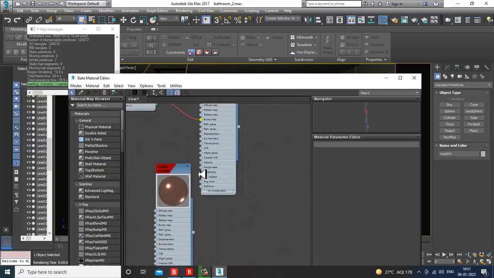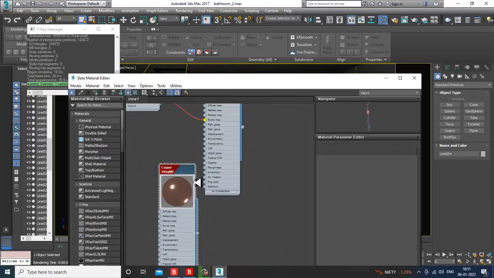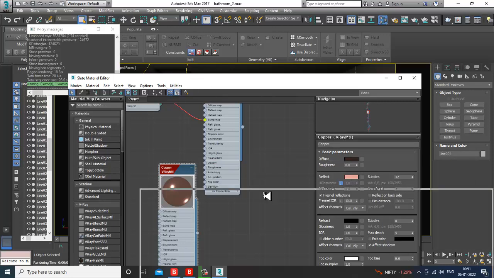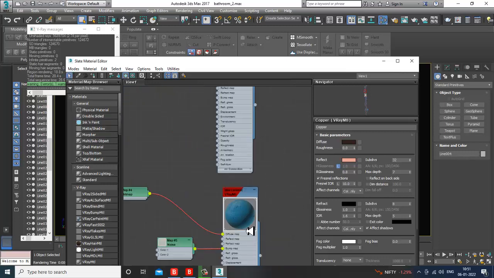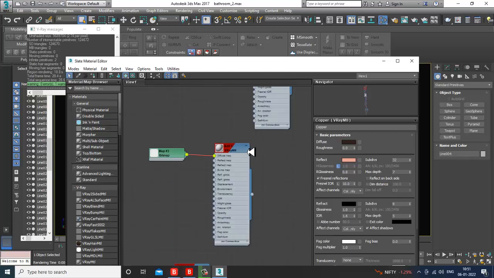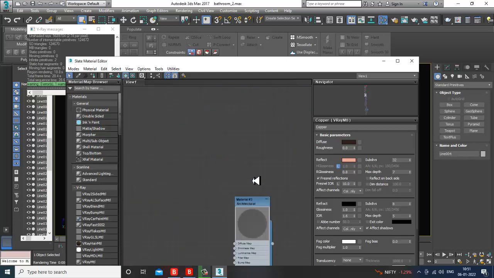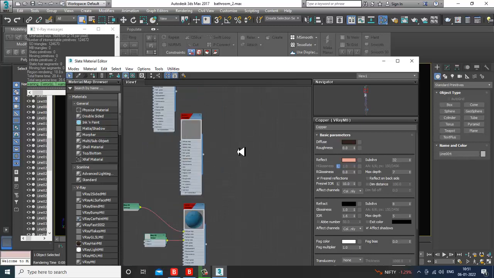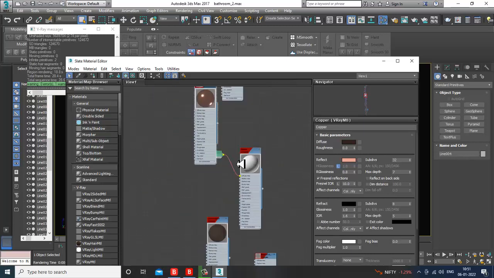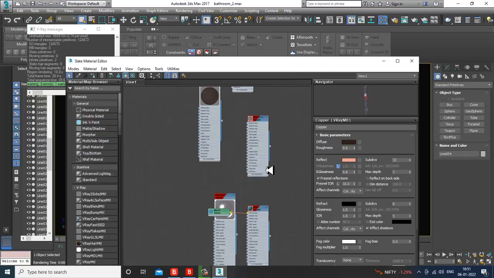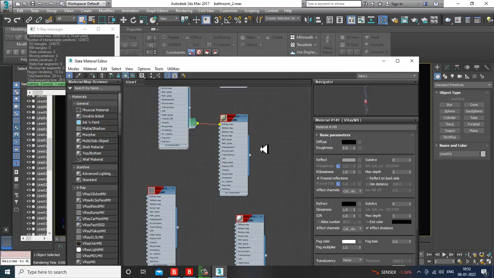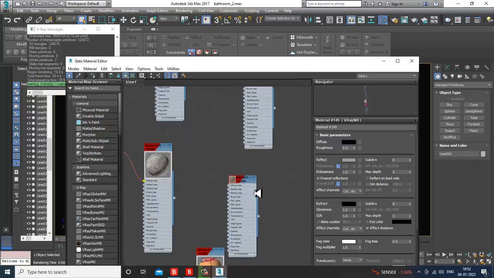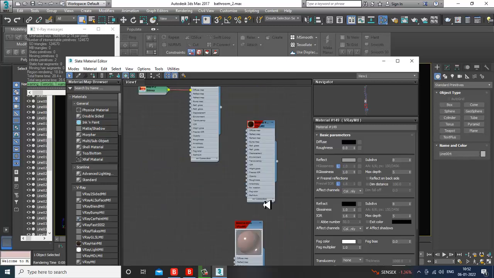It's copper. Chrome. Alright. Let's go down. Okay.